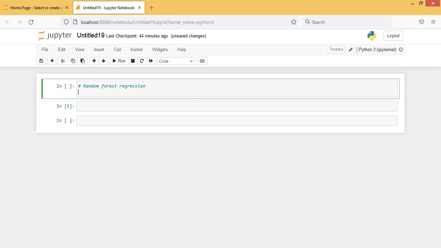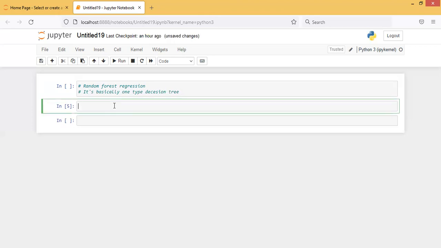Okay. So I'm writing here as well. It is basically one type of decision tree. Okay, so I'll explain everything in detail as soon as the video starts, and I will